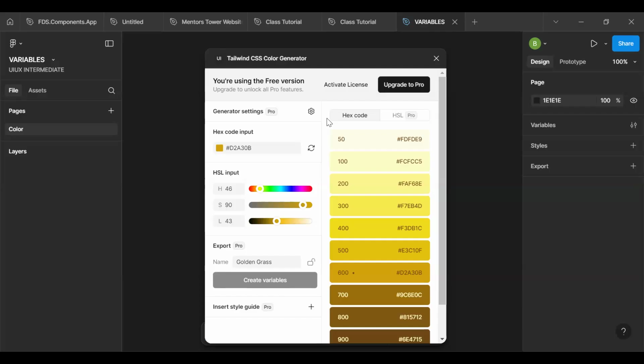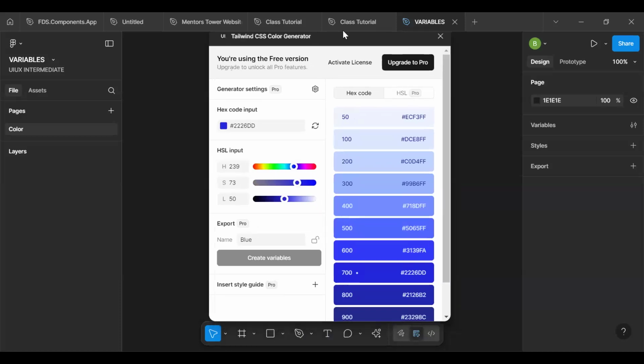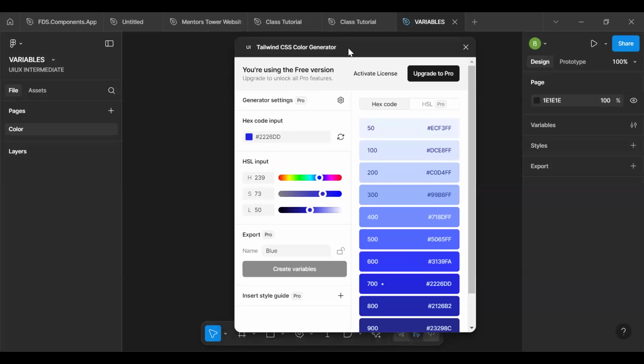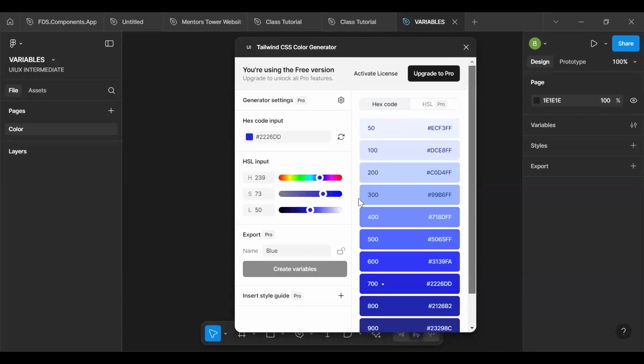Let's start first. What's the color code for the blue? Let's use something like this. This is a Tailwind CSS color generator, and I'm using a free version. If it was a pro version, creating variables would have been made easy. You would just click on create variables and it would have done the needful for us. But since this is a free version,